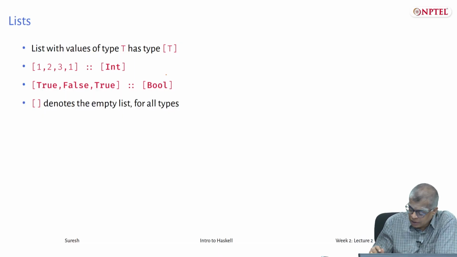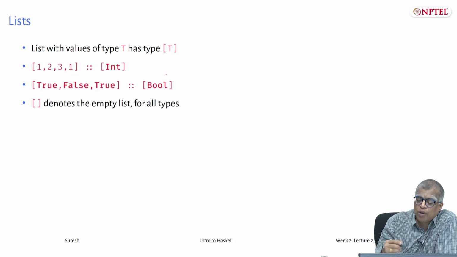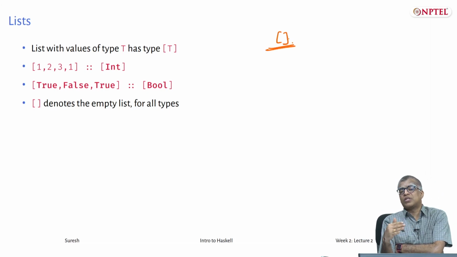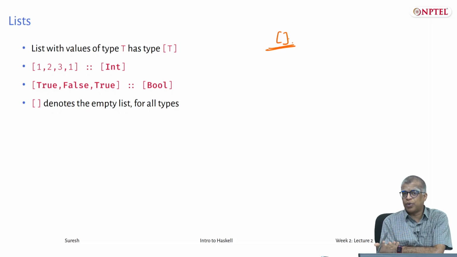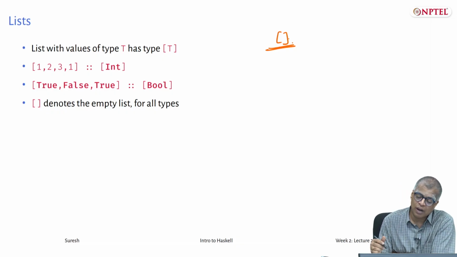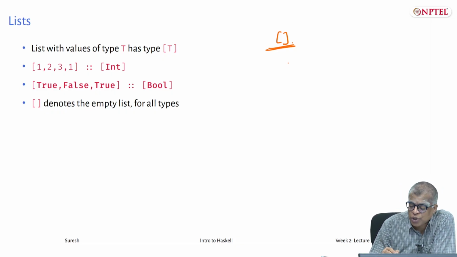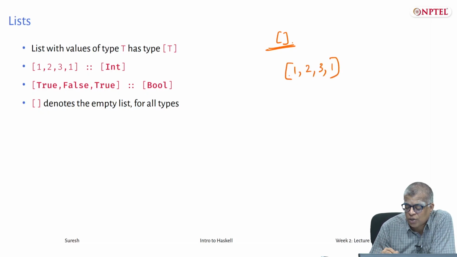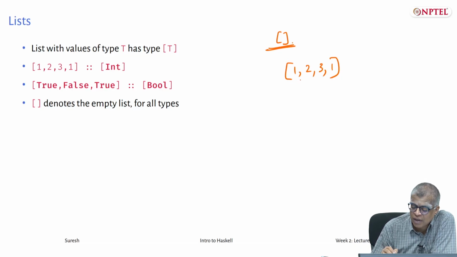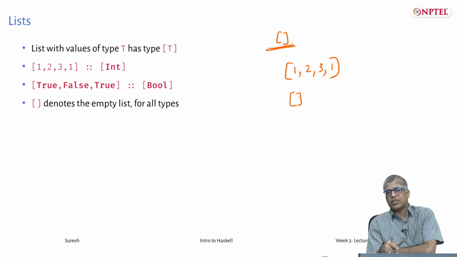Now, when we enumerated the list of all bools, we missed out one important case, which is the empty list. If you can have lists of 1 element, lists of 2 elements, lists of 3 elements, etc., why can't you have lists with 0 elements? Since you write lists with all the elements inside a left square bracket and a right square bracket, if there are no elements, you will just write a left square bracket followed by a right square bracket.